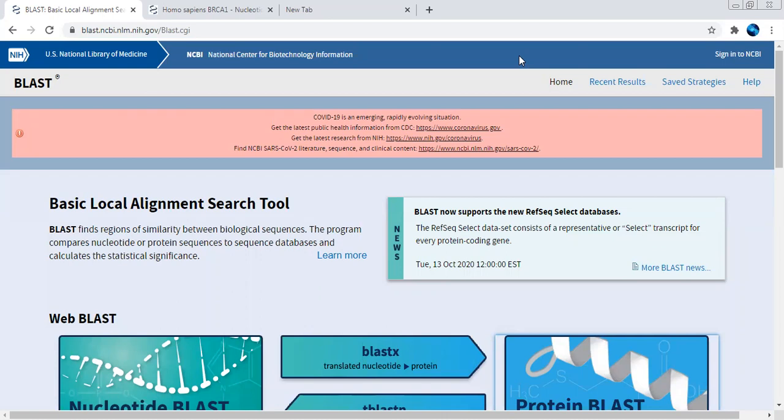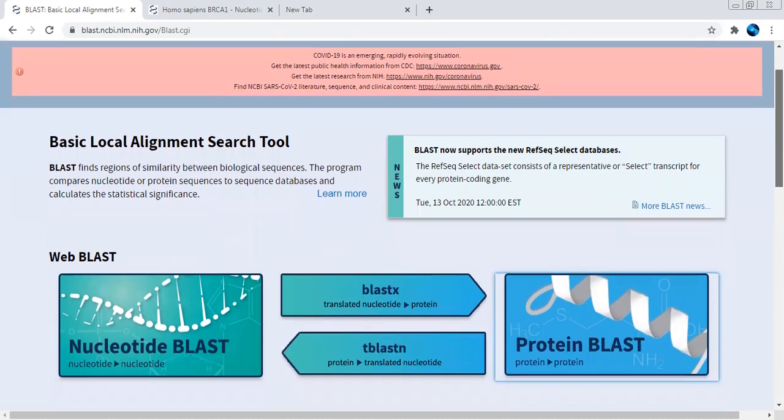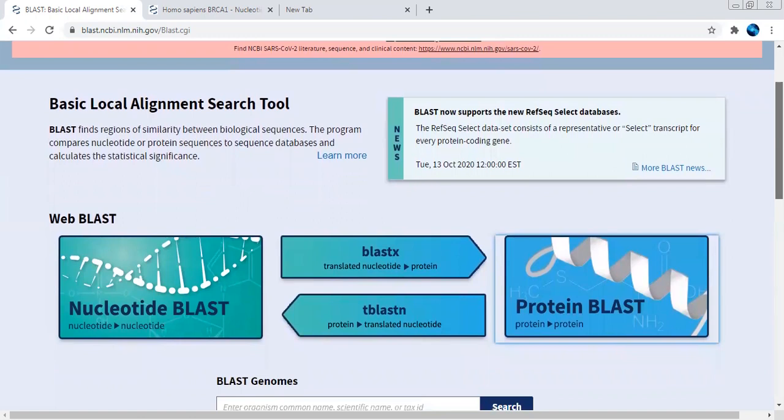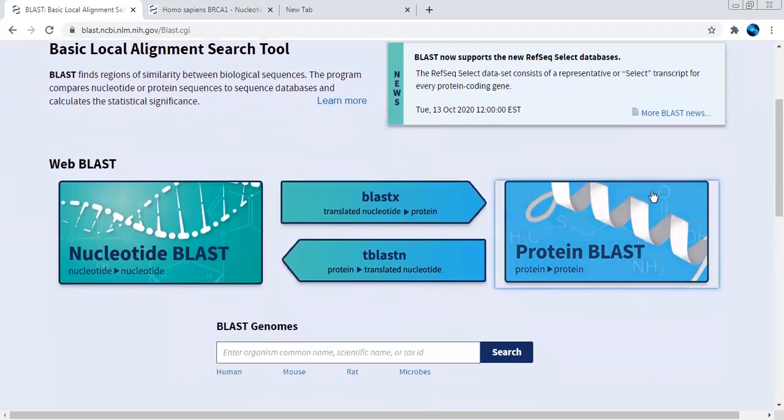So we are going to move towards the demo session, but before moving towards the demo, I'm just going to show you this home page. In Google, just search for BLAST, and after that you will find this home page. This home page includes what the BLAST program is and the different options it provides us for analysis of the particular sequence of our interest.